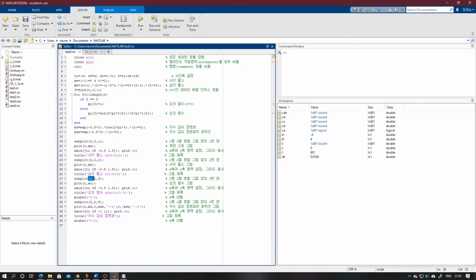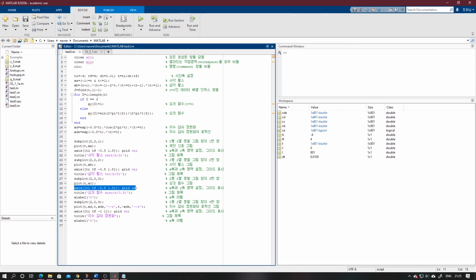And this is for the third one, where the subplot is 2 rows 2 columns. At third place we will display the sinc function where t equals 0.